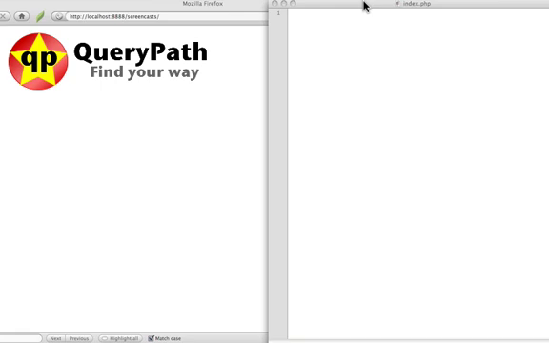QueryPath is a library written in PHP that is designed to make it easy to work with XML and HTML, and also to simplify other common server-side functions like, for example, working with remote web services or working with a local database. What we're going to do today, however, is not anything so sophisticated as working with a SPARQL endpoint, for instance. What we're going to do is just create a simple HTML document and display it on our web